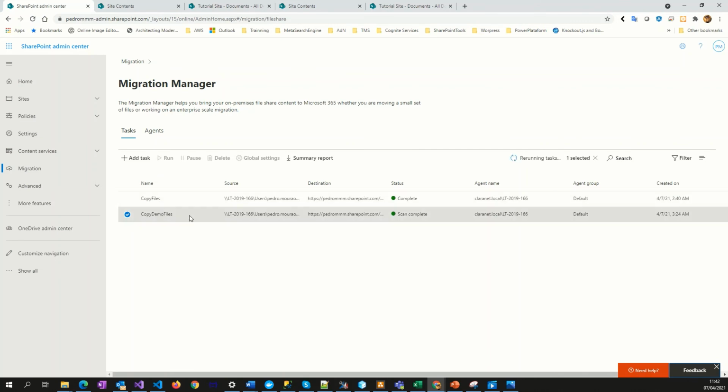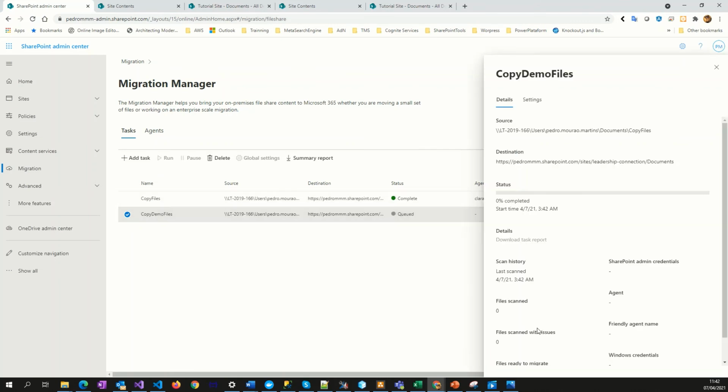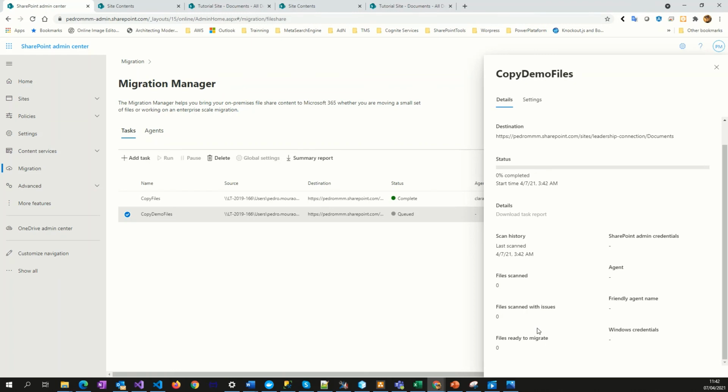After that we will see it queuing, okay, to retrieve the files from the source to the destination. We must wait a little bit, and after that we will be able to see everything done in the destination folder, right?